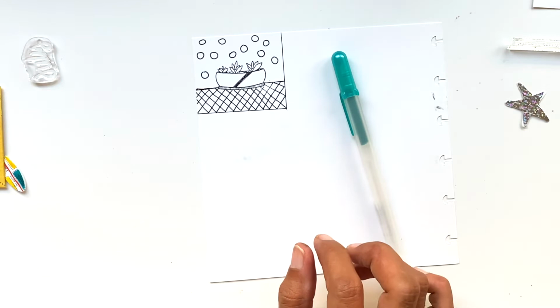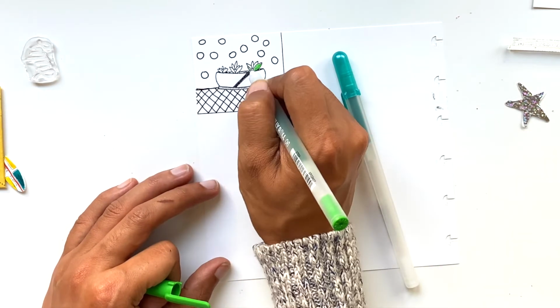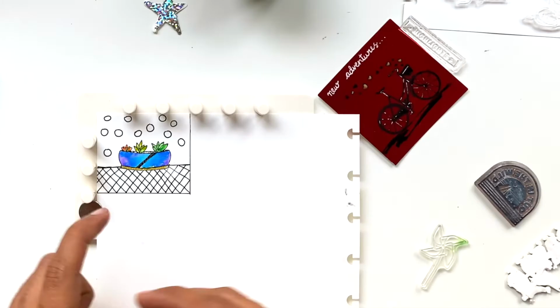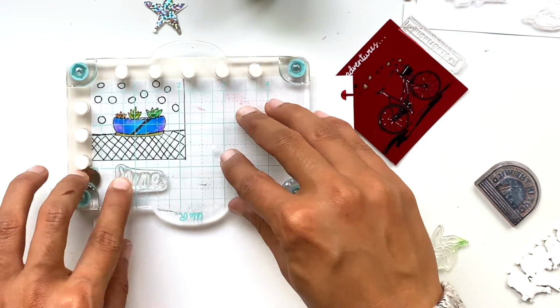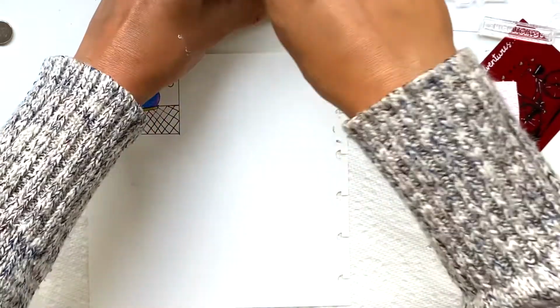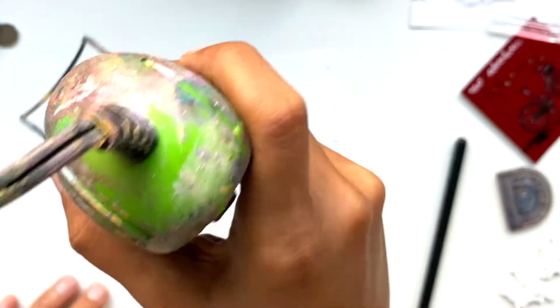So it's always nice to just make sure that your ink is going to be set. And then I'm using my Sakura Glaze pens, which have this nice sheen to them once they dry up. It's a very, very nice effect. So I use that. And then I decided I wanted to stamp with clear Versamark ink and use embossing glaze